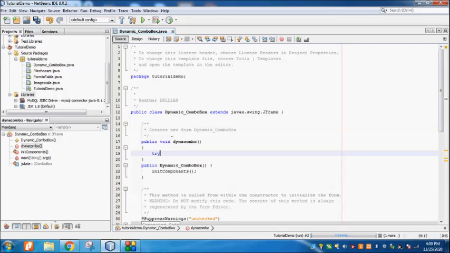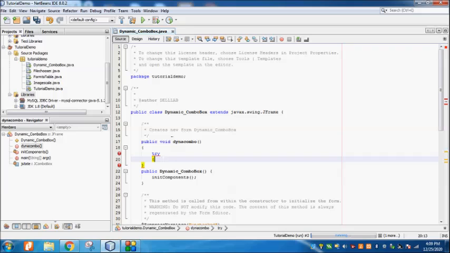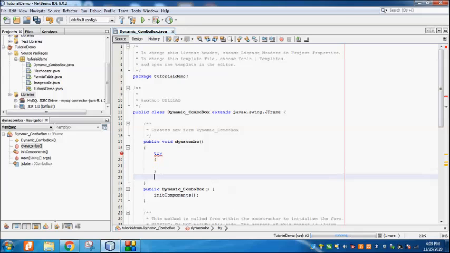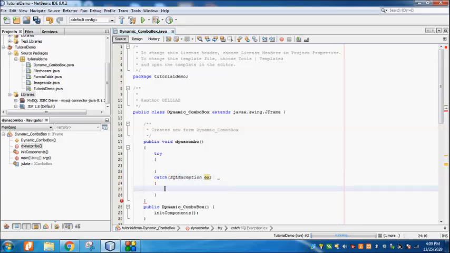So first I'll define a try block. A try block also has a catch block. Catch SQLException ex, opening brace for the catch block. So you can see that I have defined it.